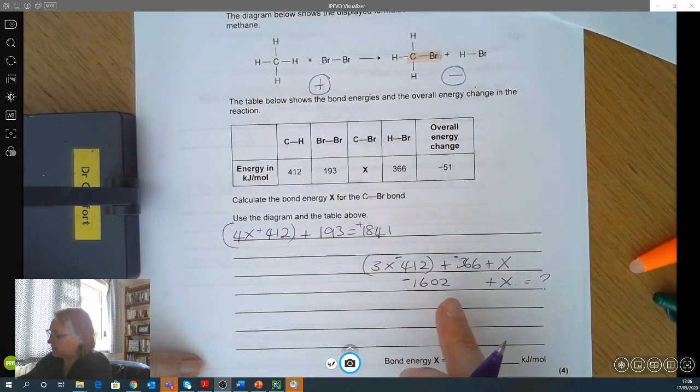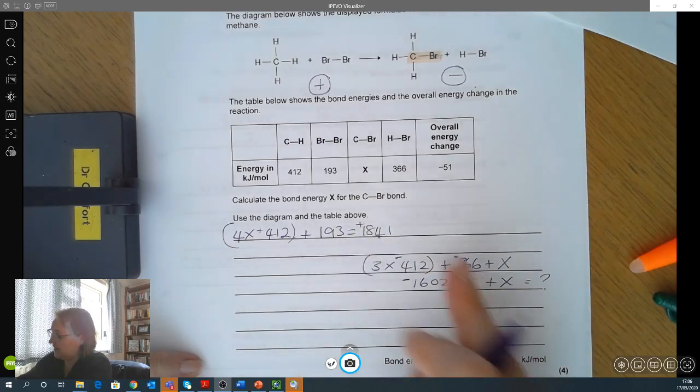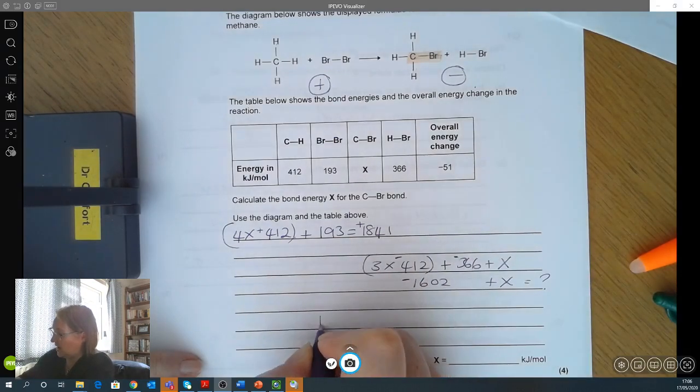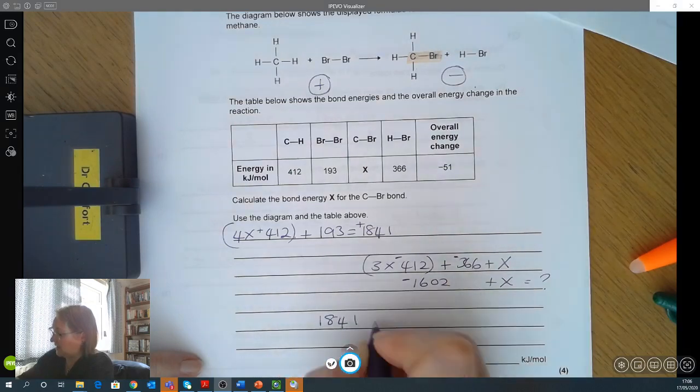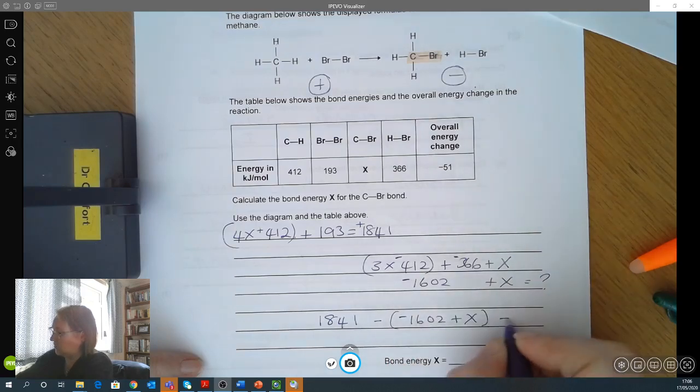Therefore, if I know that the difference between these two numbers, 1841 take away minus 1602 plus X, is equal to minus 51, then I can work out that X must be